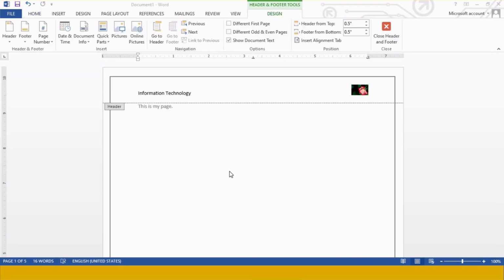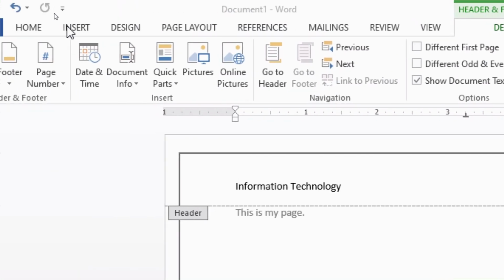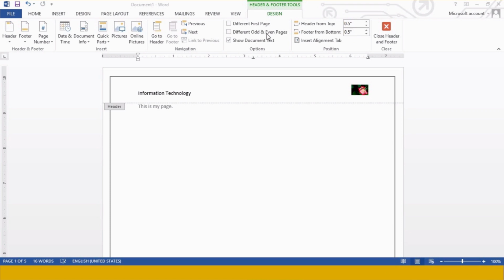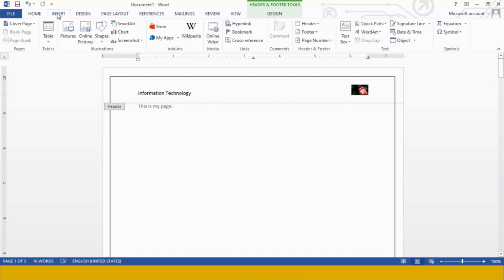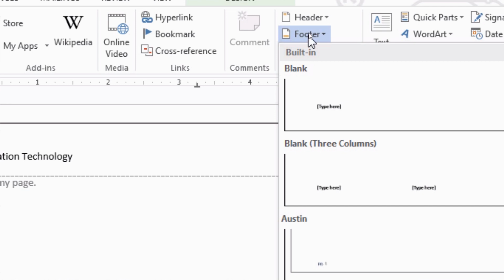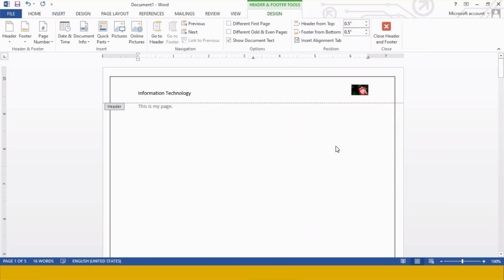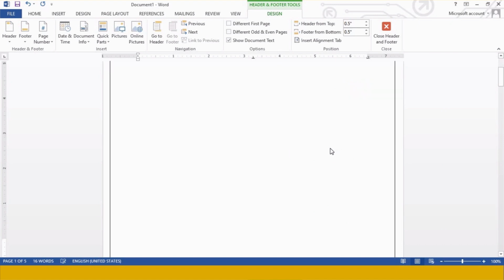For inserting footers, again we have to opt the same way. We will be clicking on the insert tab, and then we will move on to the headers and footers group over here. So we are going to click on this insert tab, and then move on to this headers and footers group, and this is the footer section. Just click on this footer option, and as we click on it, again predefined footers are available over here, and from here we can choose any of the options. I am selecting the option page number.